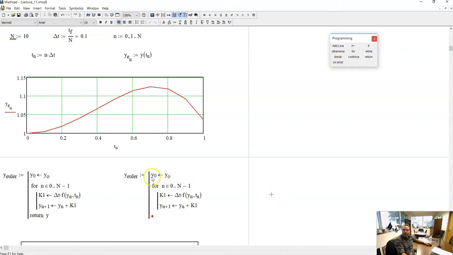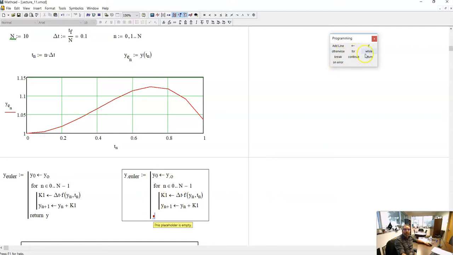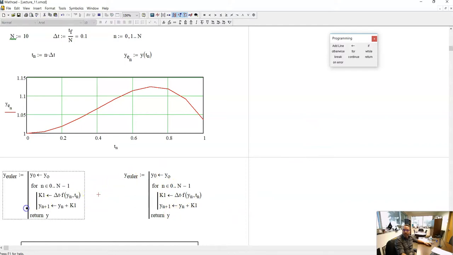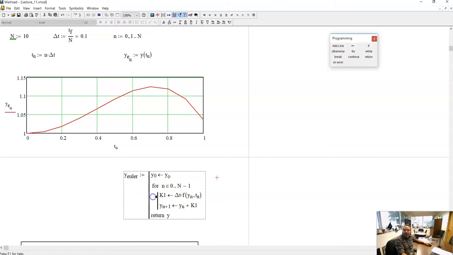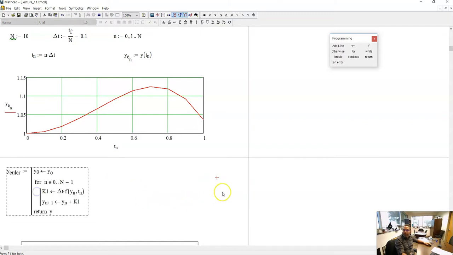And internally I can use whatever variable I want. I can use y, I can use x, I can use z, whatever I want, but I have to return that value. And when I return that value, which is essentially an array of values, it now becomes y.Euler. That's it. I've programmed the first order Euler's method here. And if I query y.Euler, what I will get